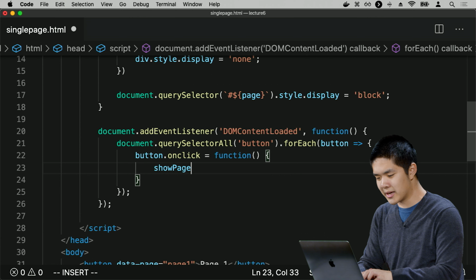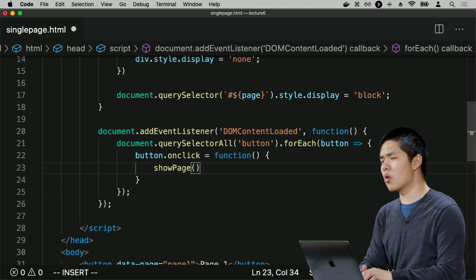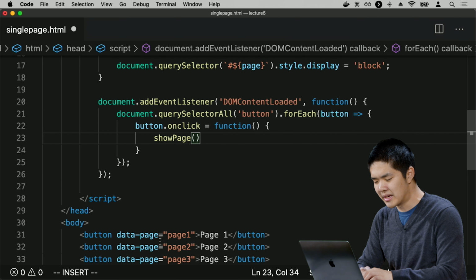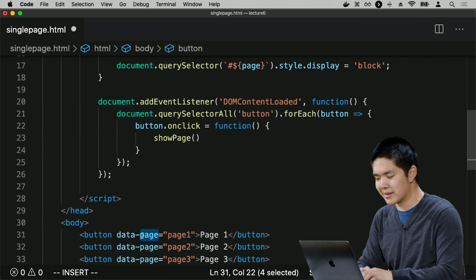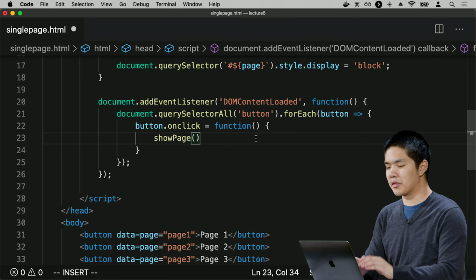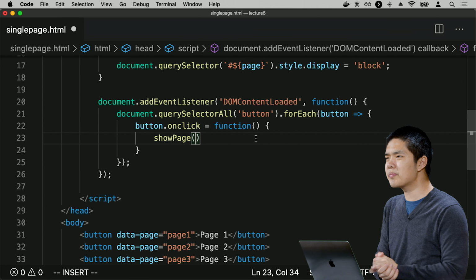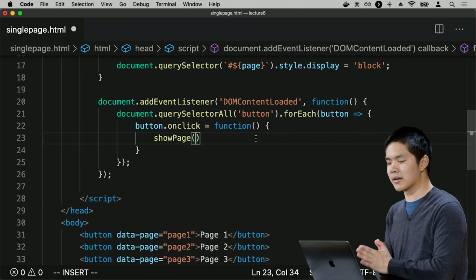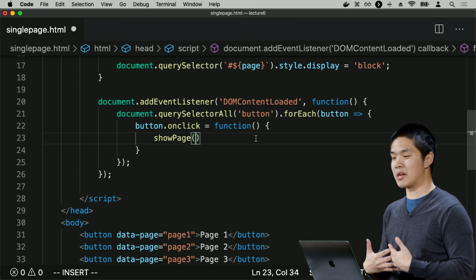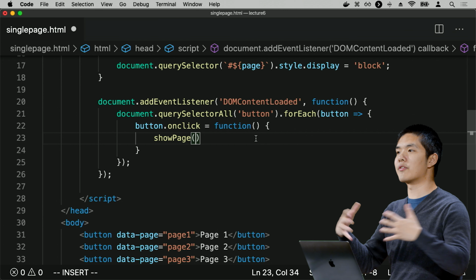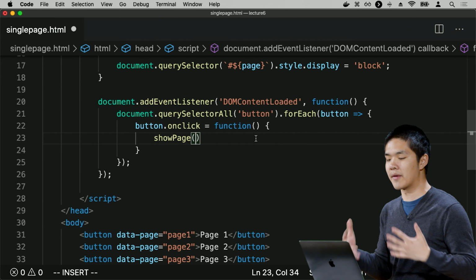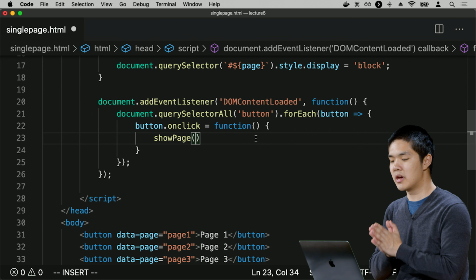I'd like to show page. And which page do I want to show? Well, I want to show whatever page is in the page part of the button's data set. And to get it, the current button, the button that has been clicked on, recall that when we're inside of an event handler, we can take advantage of the JavaScript keyword this, which refers to whatever element has received the event. So whatever button, in this case, was clicked on. So I can say this.dataset.page